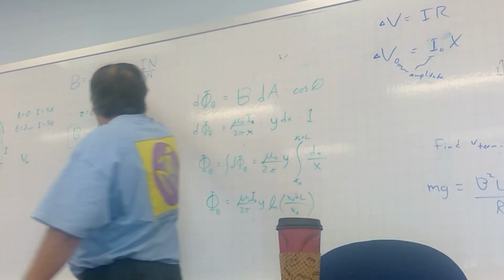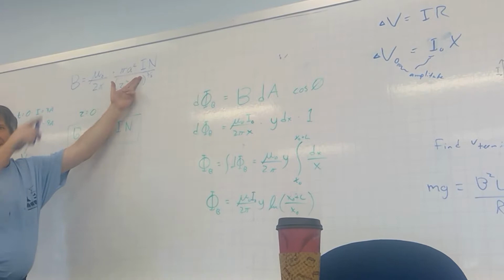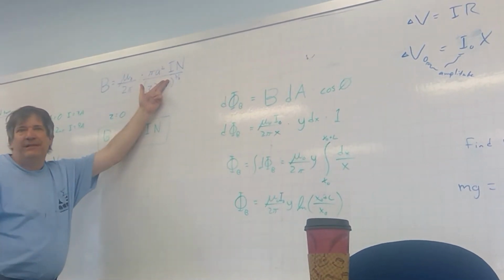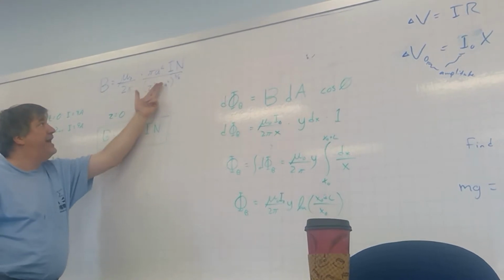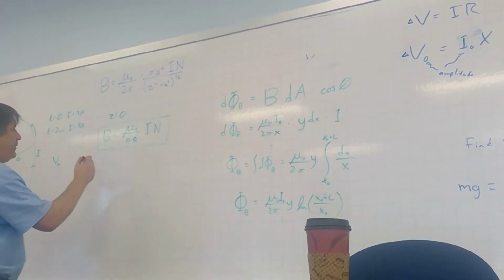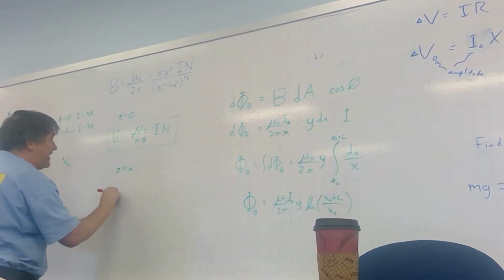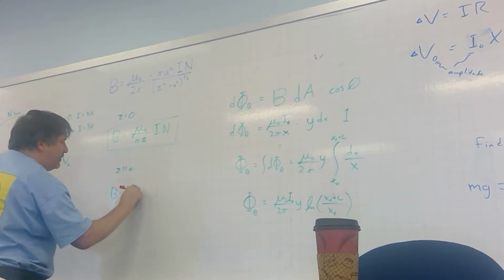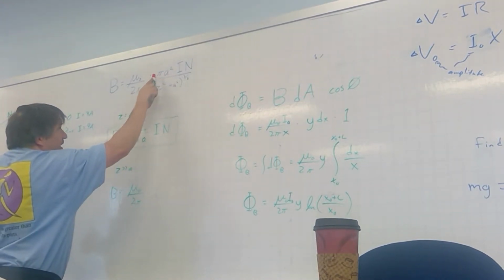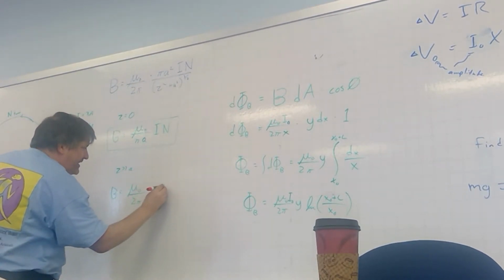So if Z is much greater than A, then I can kind of say, at least at first, I'll ignore the A. Maybe I'll need to put it back in later if everything cancels and maybe do a power series expansion. But at least at first, if Z is much greater than A, let me ignore the A. This gives me Z cubed. So what do I get in the limit where Z is vast compared to A? I get that my B field is mu naught over 2 pi times, and I'm going to leave the pi a squared there times the current,